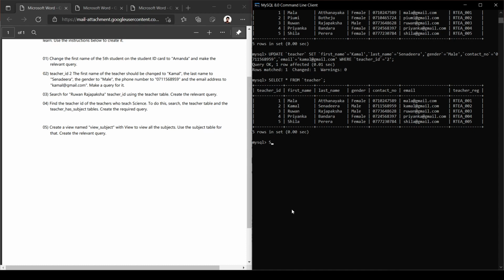Select, we don't need the asterisk mark, we don't need all the attributes to output as the result, we need only the teacher ID. So output only the teacher ID from. Now we have to mention the database name and the table name. We are already using the database, so we don't have to mention that database name. We can just simply mention the table name. Data is in teacher table,